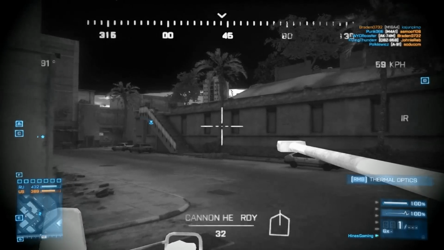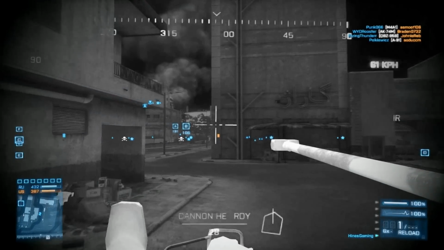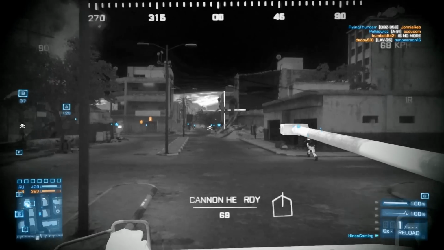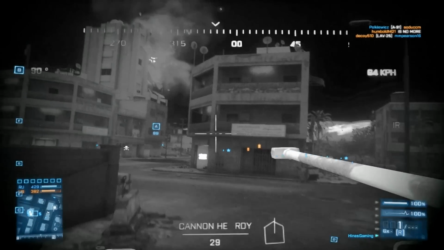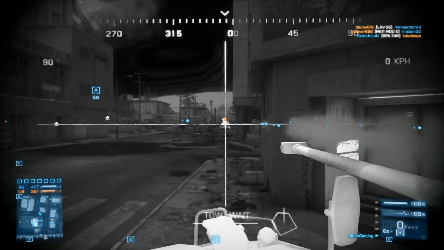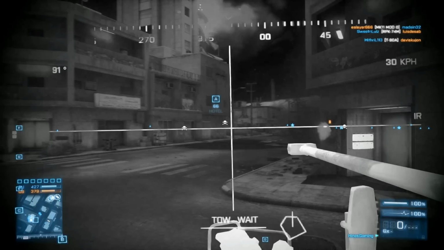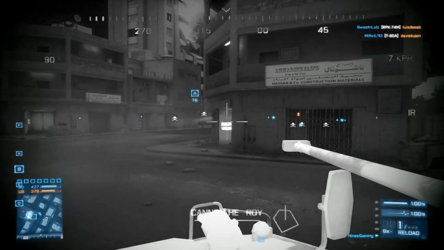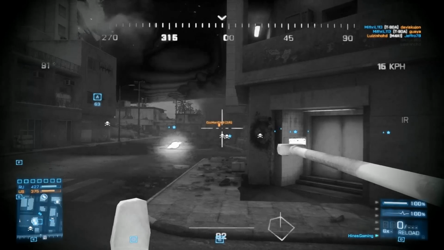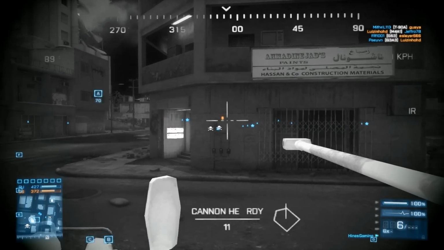You'll see that thermal optics is a no-brainer in my opinion. I think it offers a lot more usability than zoom does, because you can use it at all ranges. That zoom optic is really only good when you're planted in one position, and that's not what the IFV is for. Also, the missile launcher is kind of weird. It doesn't really follow the crosshair that well, I've noticed, but it does do a sizable amount of damage, and it's the